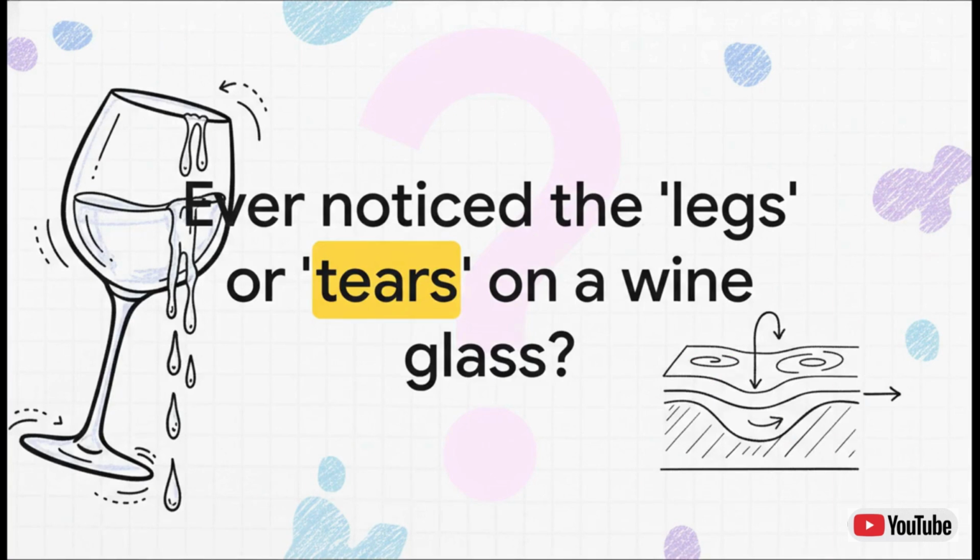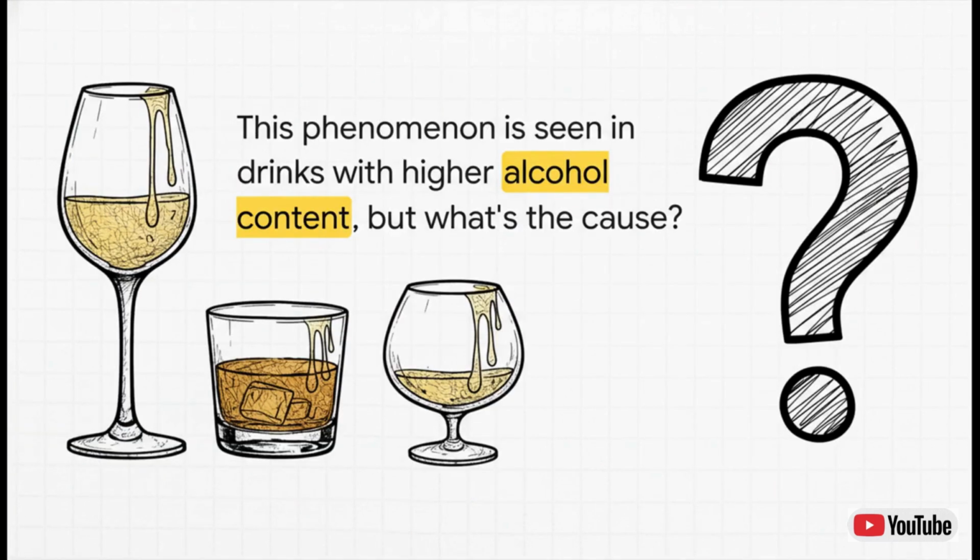Okay, let's start with something you've probably seen before. You give a glass of wine a good swirl, you set it down, and then you see them, these clear little droplets, what people call tears or legs, clinging to the side before they slowly slide back down. And this isn't just some random thing. It's a signature of drinks with a decent amount of alcohol, and it's fascinated scientists for, get this, over 150 years. So the real question is,